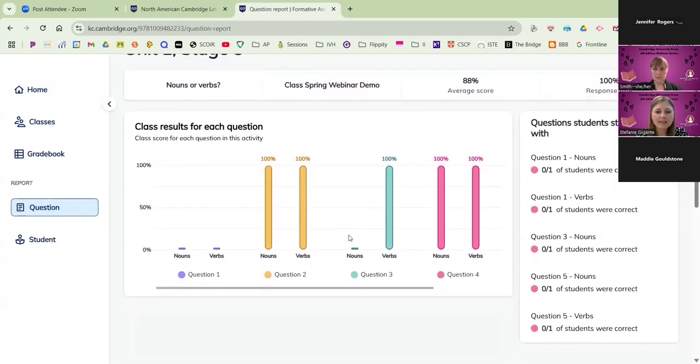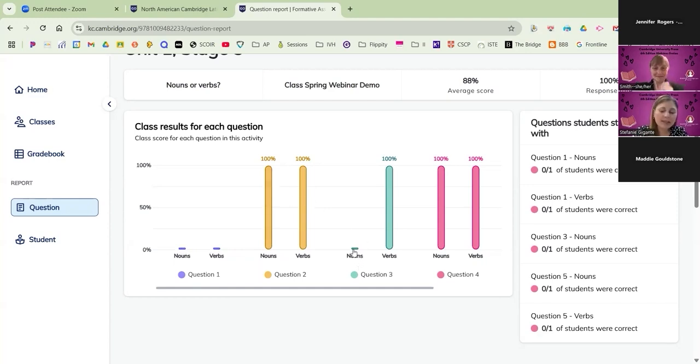And I can see that if you remember, this is phrased the same way it was in Elevate. So question 1 means that there were 5 different terms that had to be sorted into different categories. Question 2 was another, maybe 6 different nouns or verbs to be sorted. So I can see that in question 1, 0% of the content was correct. In question 2, Smith was batting 1,000.